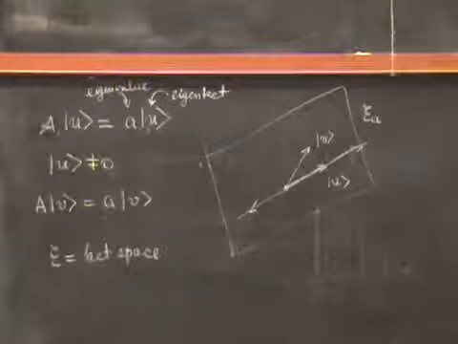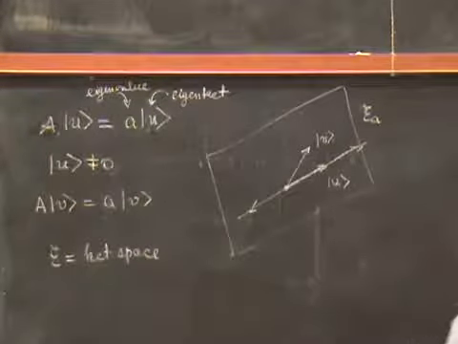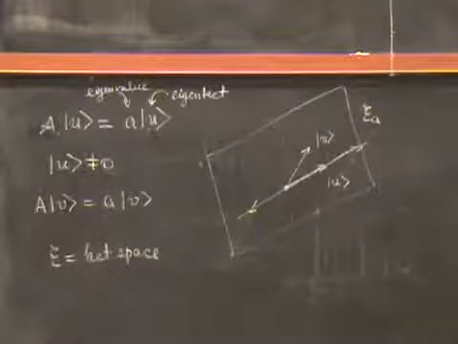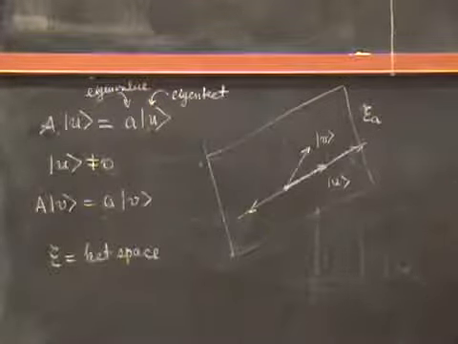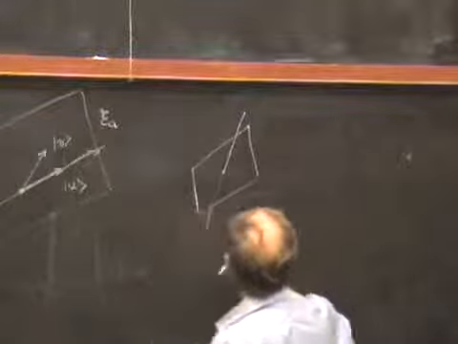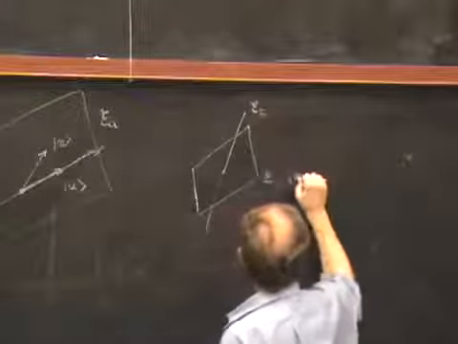And the result of this is that we get a geometrical interpretation of this eigenvalue-eigenket problem, which is that if you have an operator A, it corresponds to certain privileged subspaces of the ket space. In general, if I think of two of them, let me try to draw a picture. If I've got two spaces, here might be one, and then here might be another one going off like this. I've drawn one of them to be two-dimensional, one to be one-dimensional. Let's say this is E1 and this is E2, two different ket spaces corresponding to eigenvalues A1 and A2. You can imagine it looking something like that.